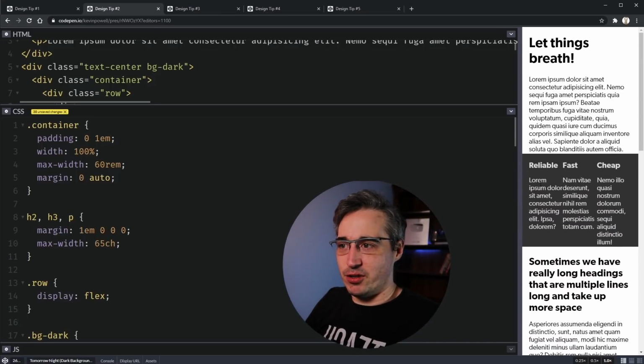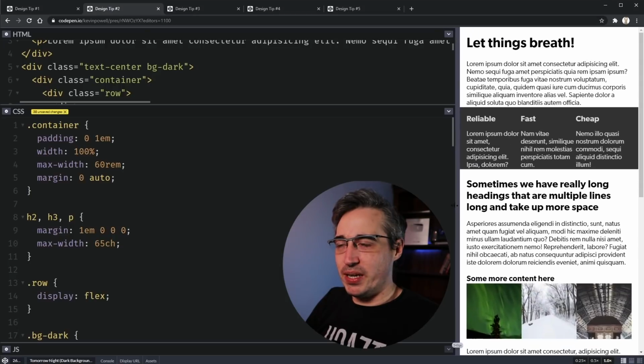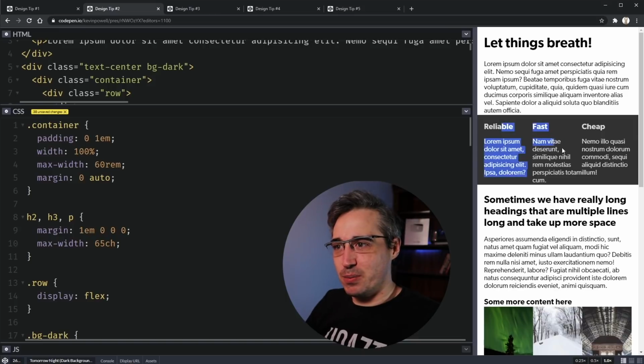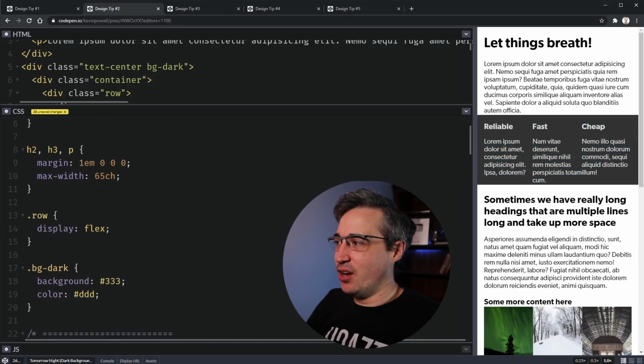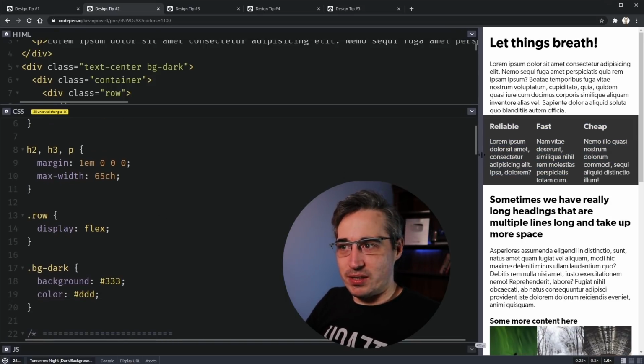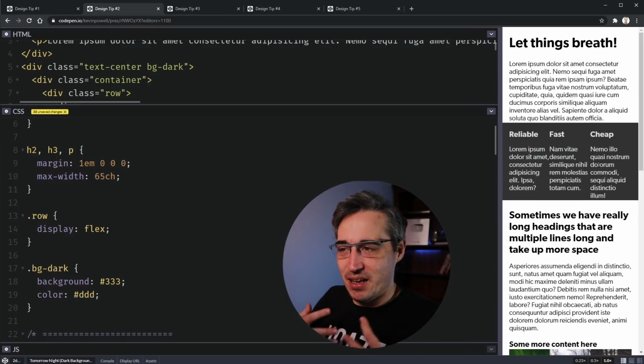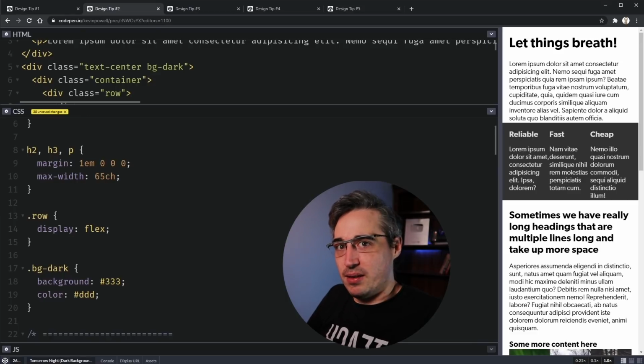At the small sizes here too, just be careful. This shouldn't be columns, ideally those would be stacking, but not a big deal. But once we get to like here, things are so jammed and smushed together. So the first place I'm going to start is with these columns, where it's hard to tell which column is what. And visually we need these columns to breathe a little bit more.